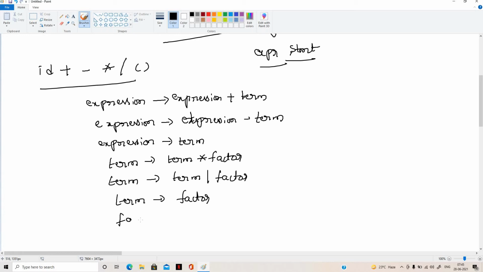Factor tends to expression, and factor tends to id. This is just a small example for handling arithmetic expressions. With the plus operator, expression tends to expression plus term. If it is a minus operator, expression tends to expression minus term.